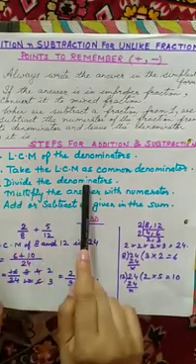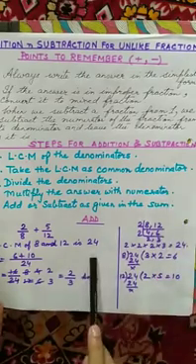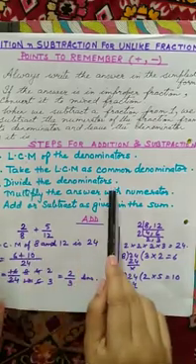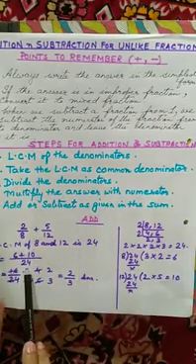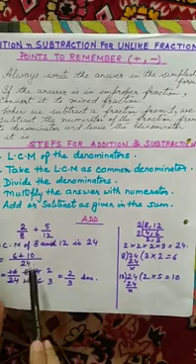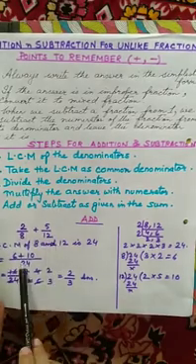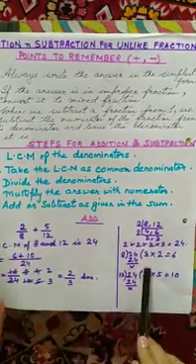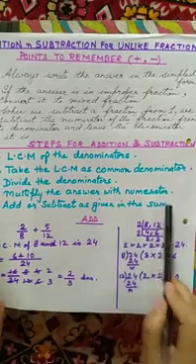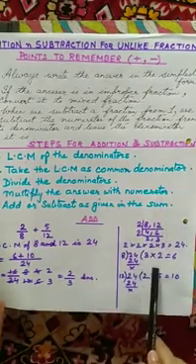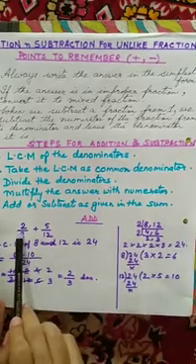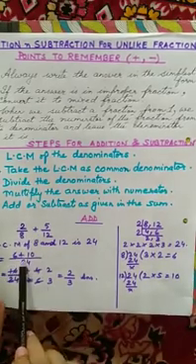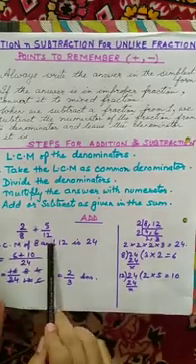So we got the denominator as 24. Now we have to take the LCM as the common denominator. So LCM 24 we are taking as the common denominator. Then we divide the denominators. Dividing denominators means we are going to divide 24 by 8 first and then 24 by 12. Let us do it with the first fraction. 24 divided by 8 is 3. Multiply the answer with numerator. 3 is the answer. We have to multiply it with the numerator of the fraction, which is 2. So 3 2s are 6. We write down 6 here, put the operation plus, then go to the next fraction.